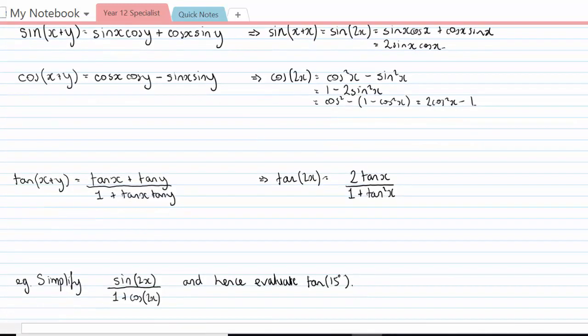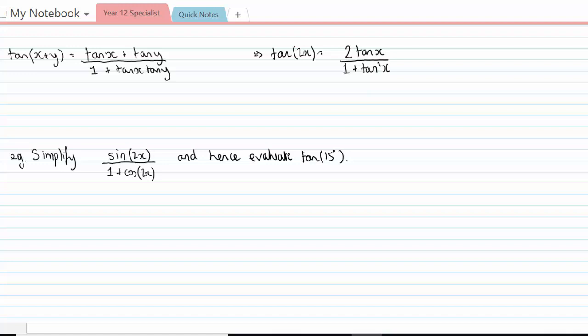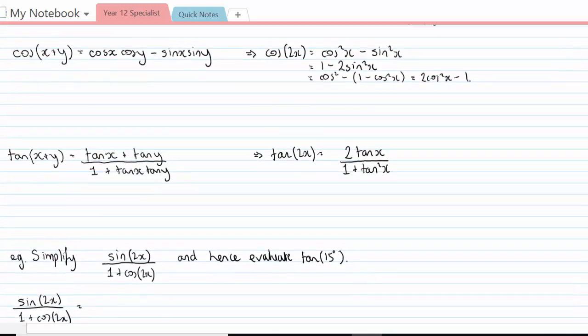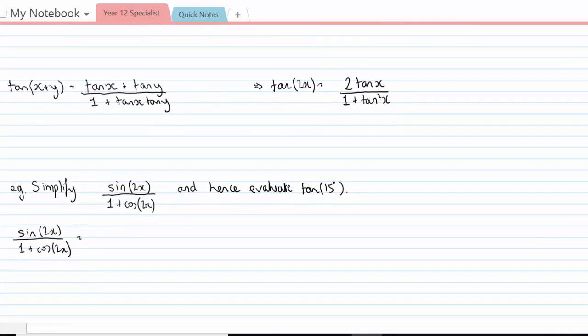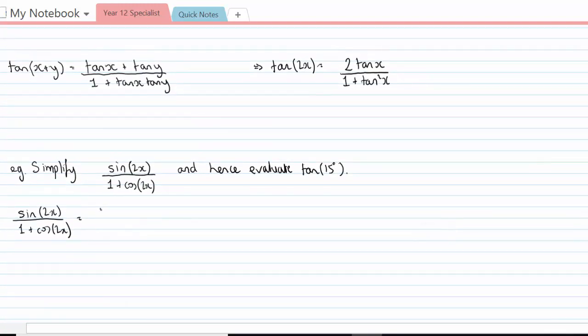So I've got a quick question down here. Simplify sine 2x over 1 plus cos 2x, and hence evaluate tan 15 degrees, and we'll be able to get an exact value for that. So sine 2x over 1 plus cos 2x equals, now the sine 2x was 2 sine x cos x, divided by